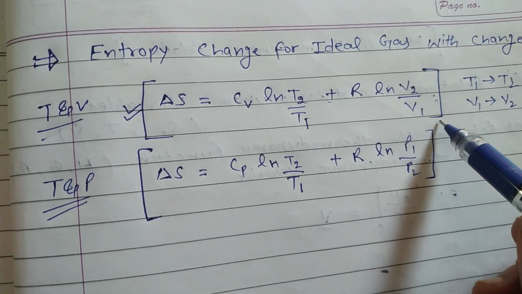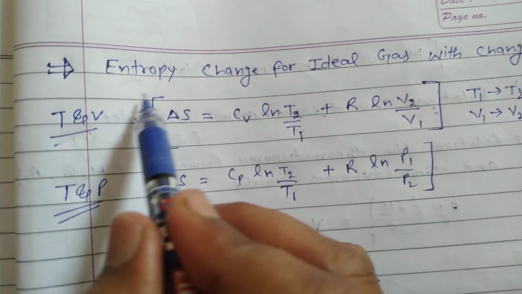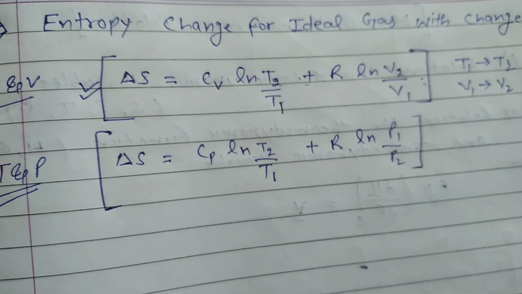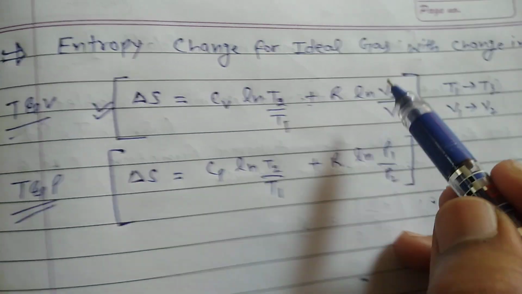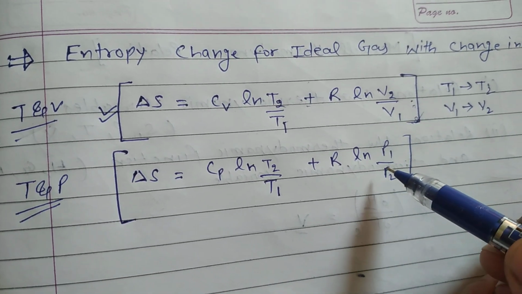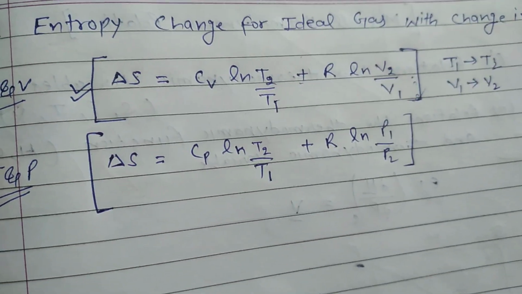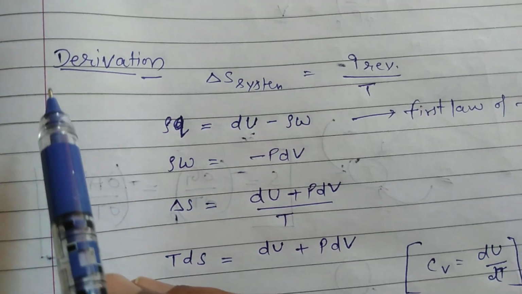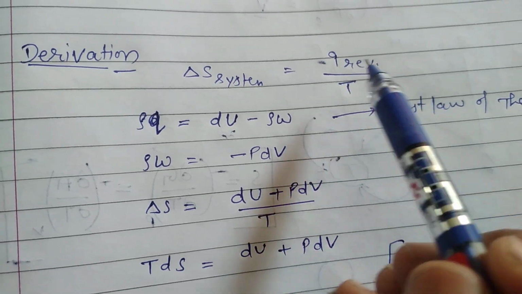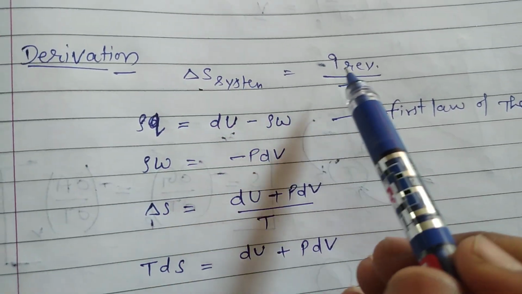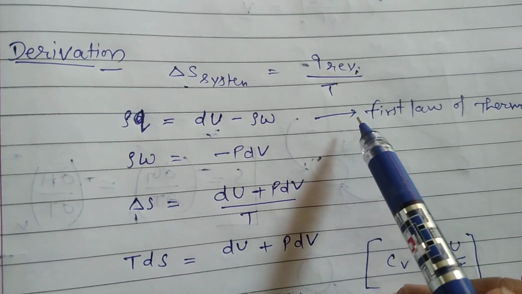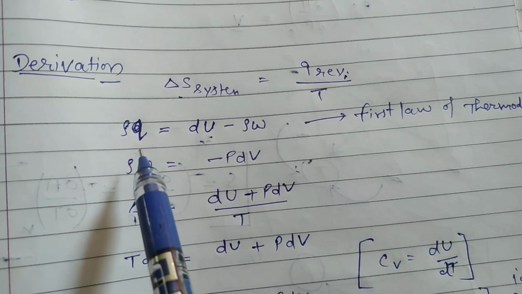The derivation for these formulas is not very important, but still for the sake of knowledge we can try the derivation for this one formula, and for the other you can do it similarly. Let's try the derivation. This is from the definition of entropy, that delta S is equal to heat absorbed divided by absolute temperature. And from the first law of thermodynamics we know that